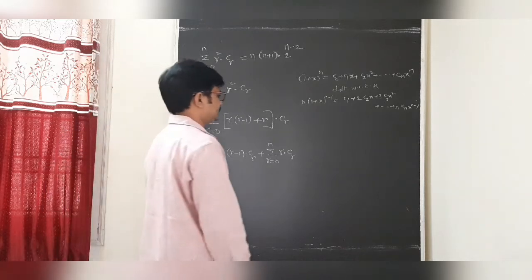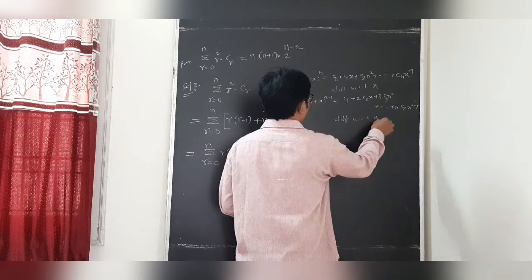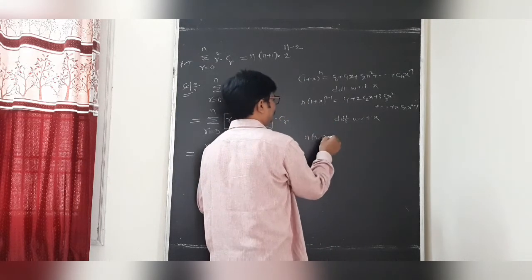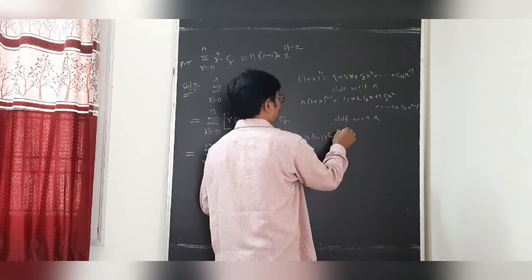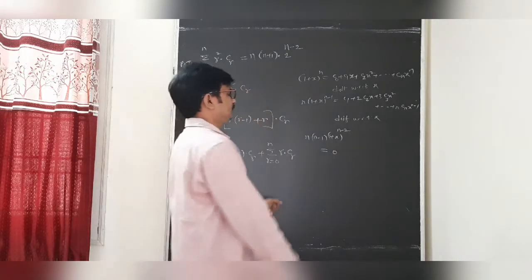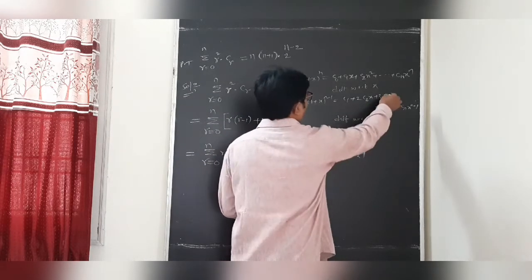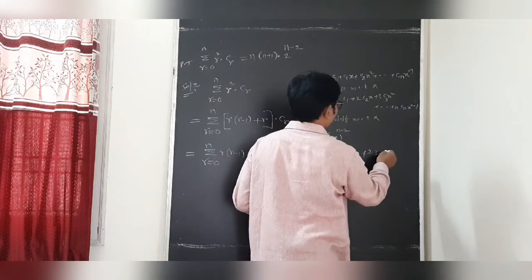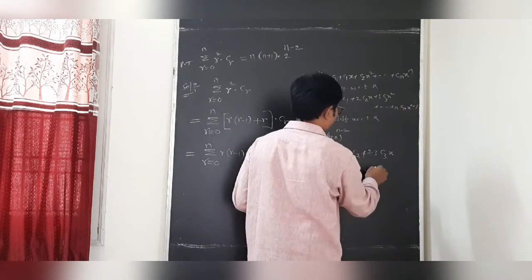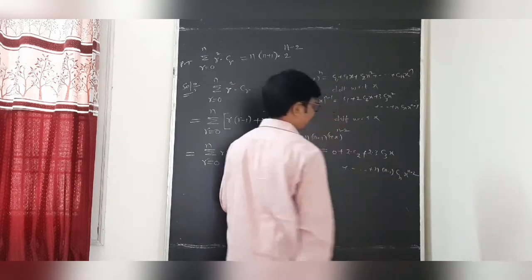So how can you write, students? Differentiating with respect to x. Dear student, this is how you write it: n into n minus 1 into (1 plus x) whole power n minus 2. The derivative of c1 is 0. Dear student, this is what? 2 into c2. After that, students, 2 into 3 c3 x. We can write it as, students, n into n minus 1 into cn x power n minus 2.